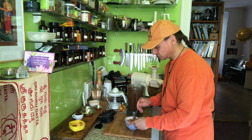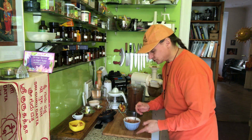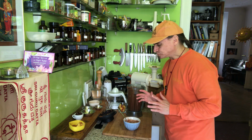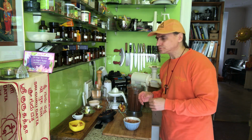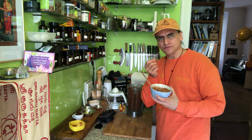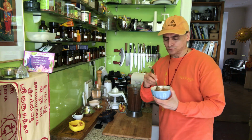I will taste it, of course, to see what it's like. Let me see. I'll show you in a moment. Yeah, wonderful. A whole different kind of flavors comes out of cacao, and you blend it with dates and bananas and then put it around the buckwheaties. Cacao is such a complex flavor and unfolds a lot of different flavors. Here, you see,